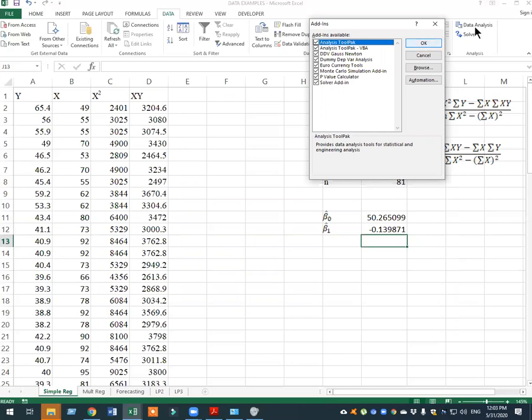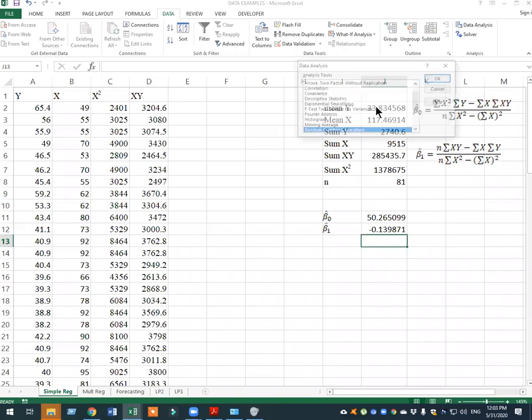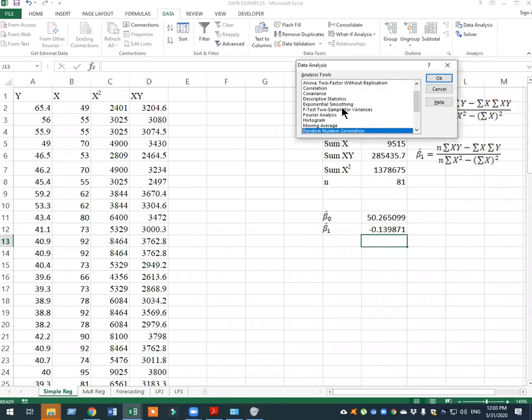You will be having this data analysis in this data menu. Okay, so if I want to calculate this regression line through the system, so this is data and data analysis. In the data analysis, you will be having many kinds of analysis tools here, but I'm interested in just regression,